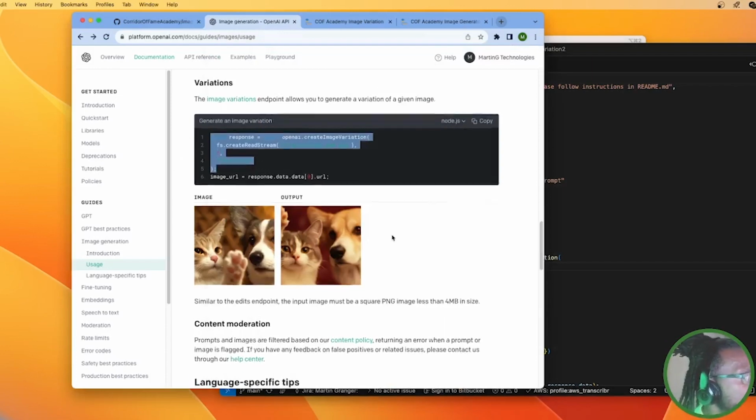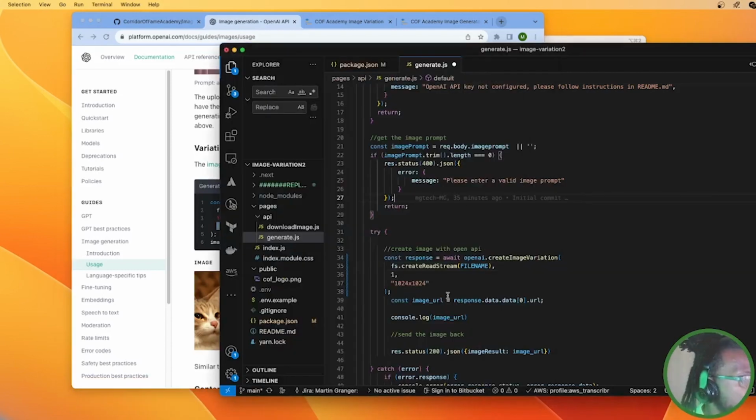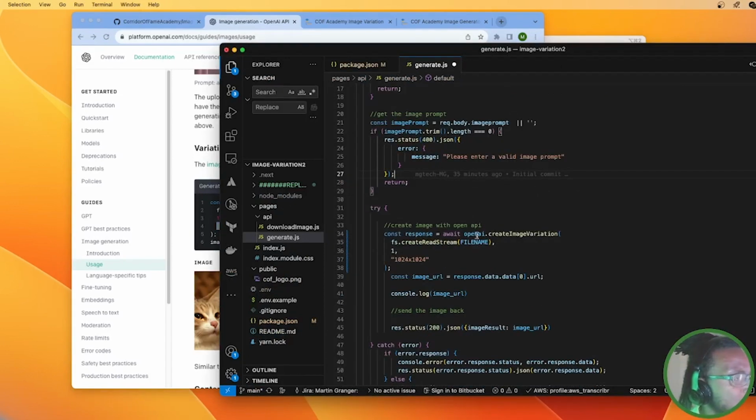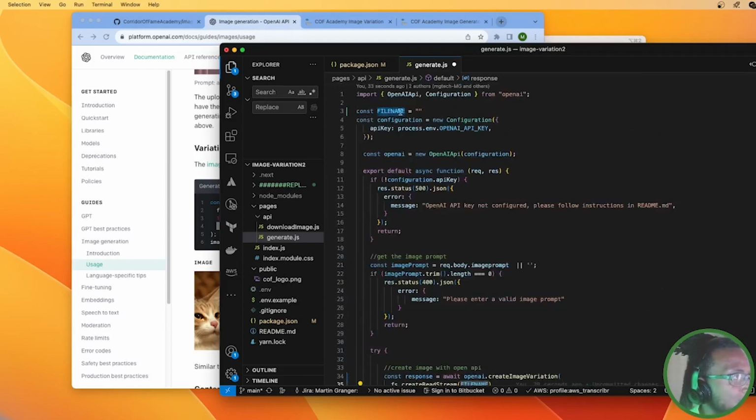And I just want to point out a couple of things with this. So here, this is the image that we're going to use, and then this number here is the number of images, the number of variations, that we'll want to receive. And then this 1024 by 1024 is the dimensions of the image. So essentially that means that it's going to be a square. So any image that you're using for this project will need to be a perfect square. All right. Now, for now, we'll leave this. We'll have to remember to come back and make some modifications to the actual file name for the image that we're going to be using. But for now,